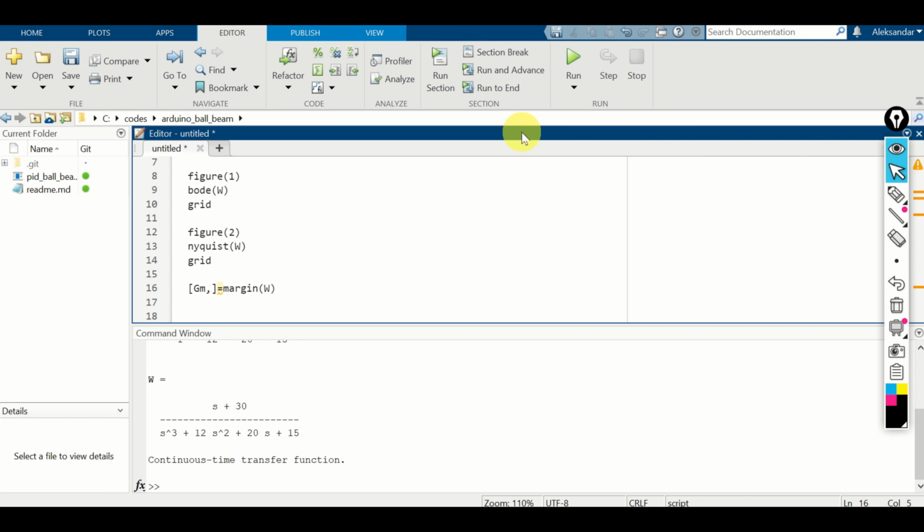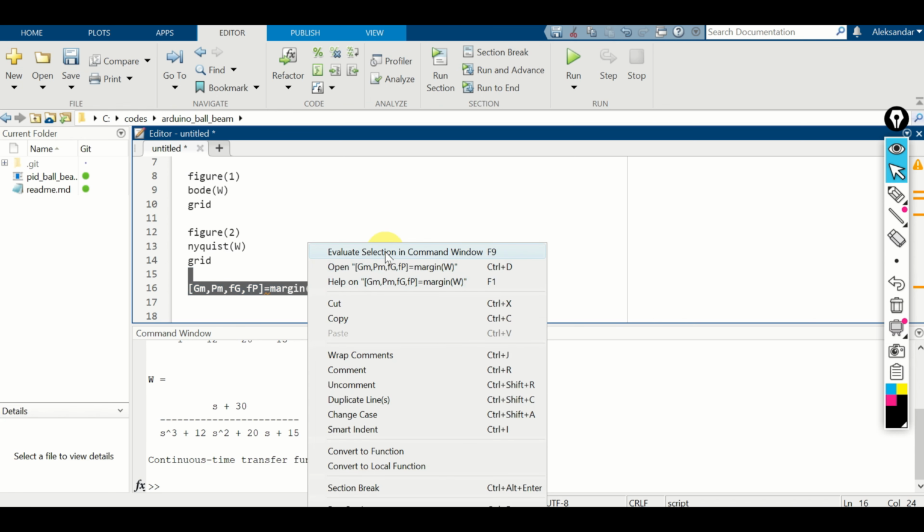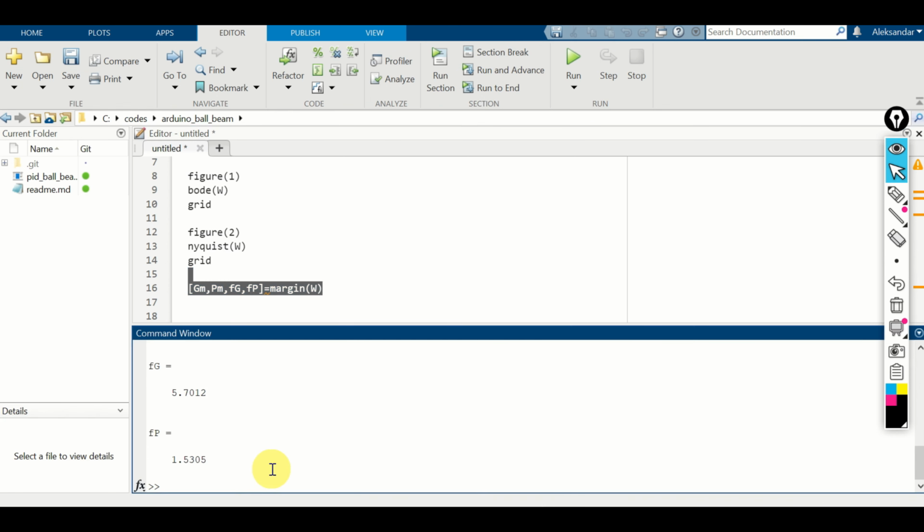The second output is our phase margin. The third output is actually the frequency at which the gain margin is measured. I will call this frequency Fg. And the fourth output is the frequency where the phase margin is measured. I will call this frequency Fp. Let's evaluate this function and let's see the results. Okay, first of all, let's look into the gain margin. The gain margin is